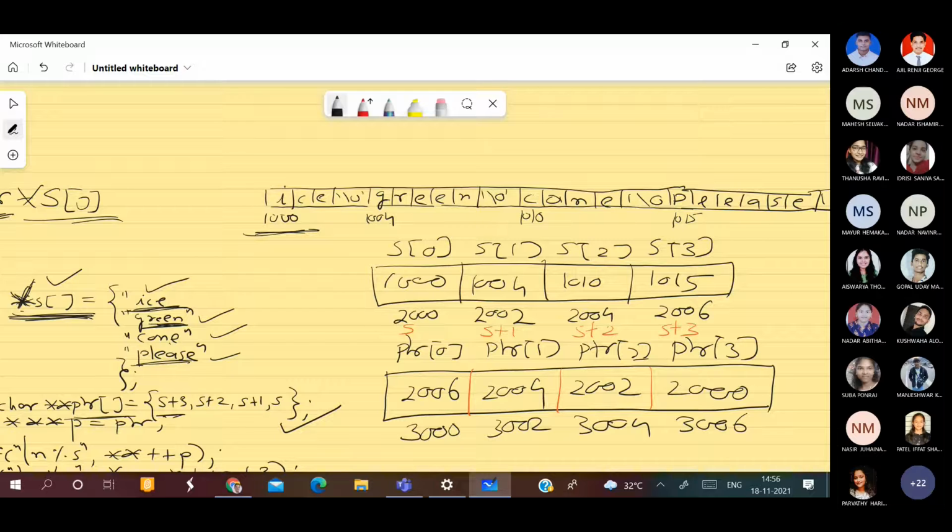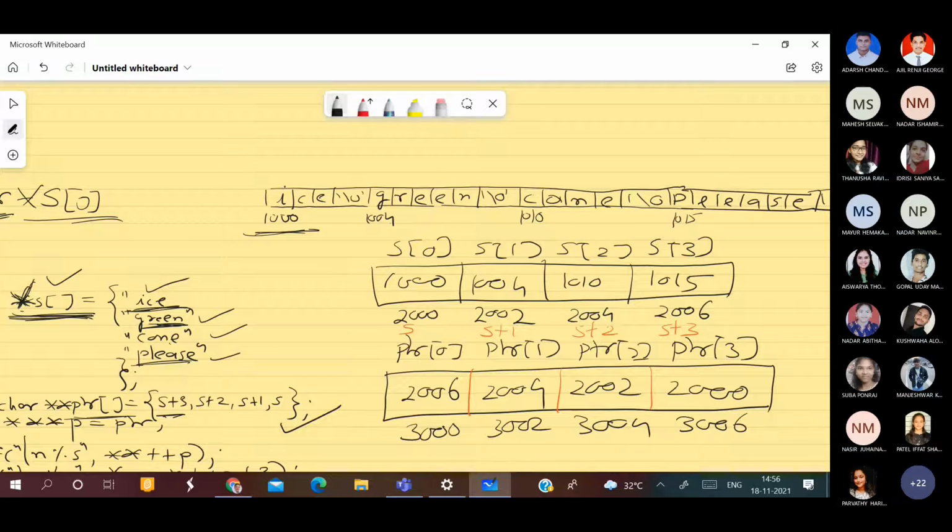Yes, sir. Now, the array which is storing the addresses of ice, green, cone, please, where is S0 getting stored? I'm assuming that S0 is stored at 2000 and the next will be stored at 2002, 2004, 2006. Why? Because the value inside them is an integer value. Addresses are always integers.